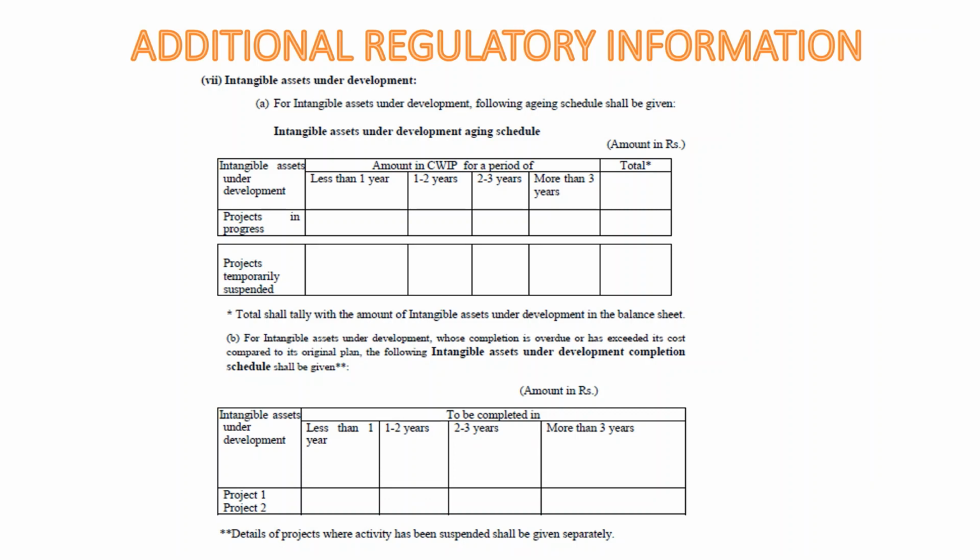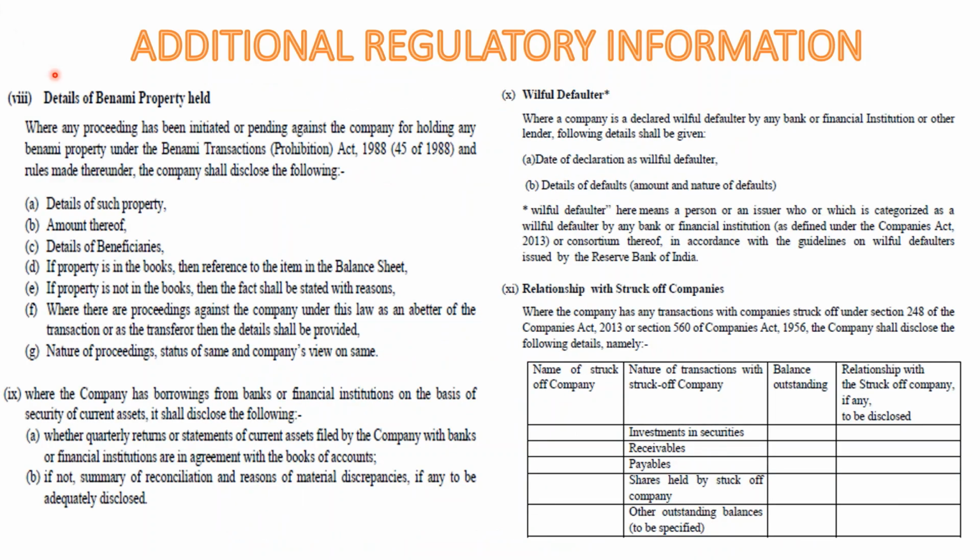Same like capital work in progress, both A and B disclosure regarding aging and overdue time and cost has to be disclosed for intangible asset under development. Eighth additional regulatory information to be disclosed in financials is regarding details of Benami property in which proceeding has been